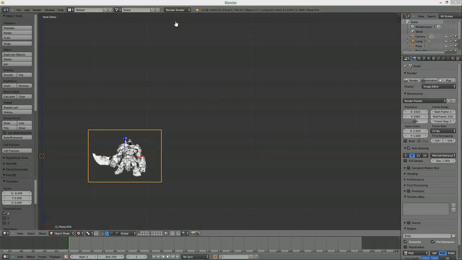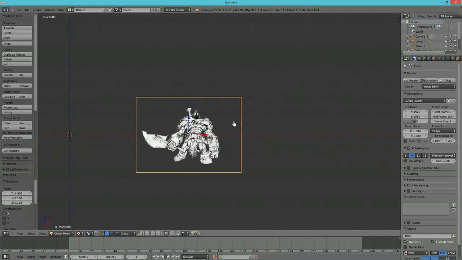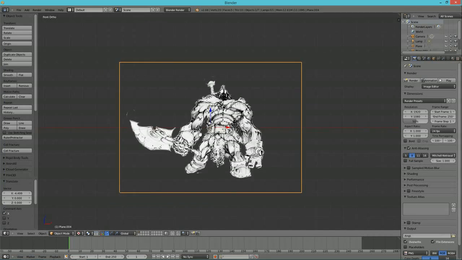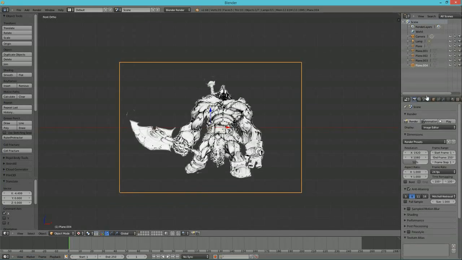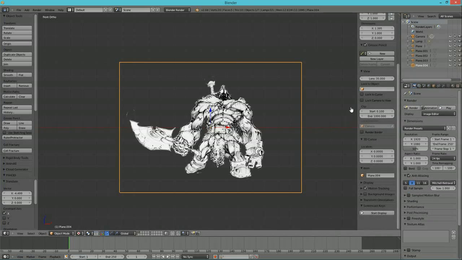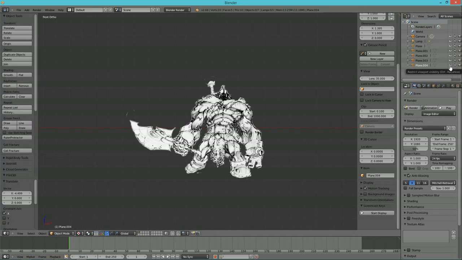Okay, now that you have that, we can zoom in here. I'm going to hold shift, middle mouse button just to pan it in. Okay, now what you're going to do is name these so you know where they're at. So hit the N key to bring up this other menu. One of the ways you can see what you're working with, see right there's the right arm, is by coming over to this panel and hitting this eye. You can see it disappear and you'll know where you're kind of at. So what you're going to do now is we're going to name this